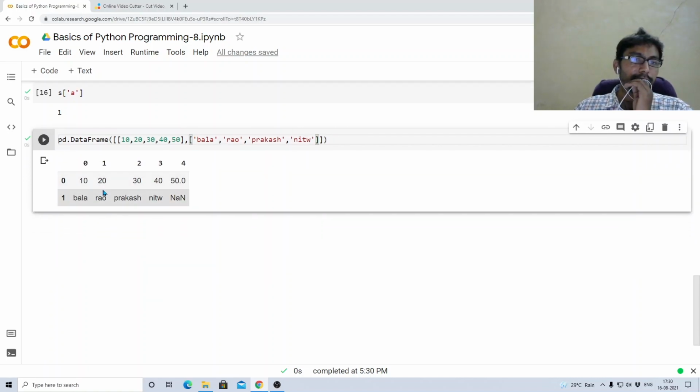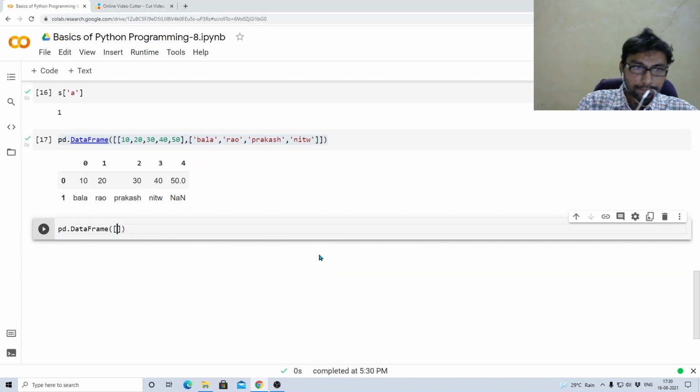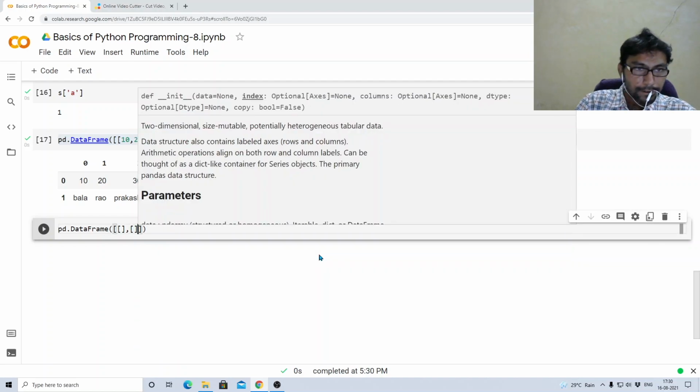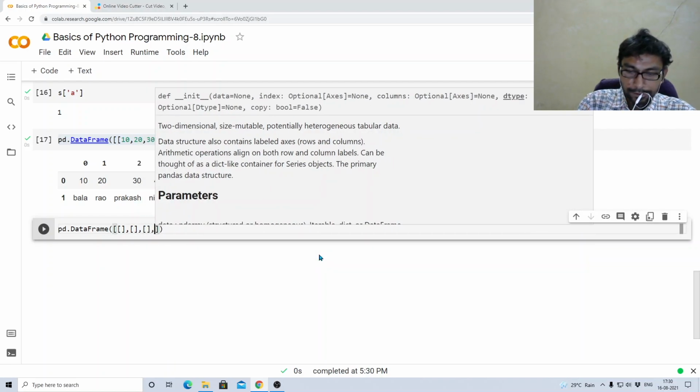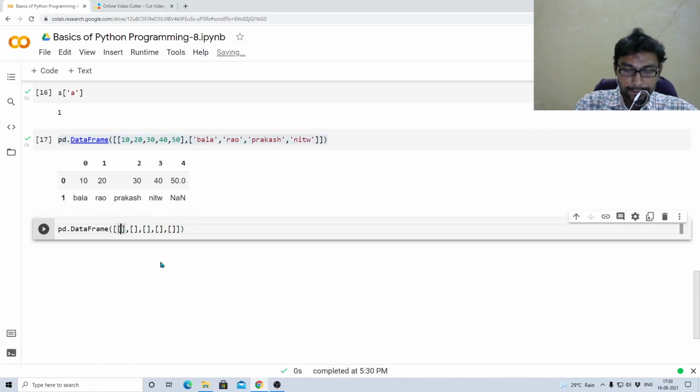If you see here, it created 5 columns with 2 rows, because these are the 2 rows. If you see the structure, it is a tabular structure it was returning. Now if you want the other way, let us say 2 columns and 5 rows, then how should you give? You want 5 rows, so you should give 5 lists inside the list. You want 2 columns, so let me give 10